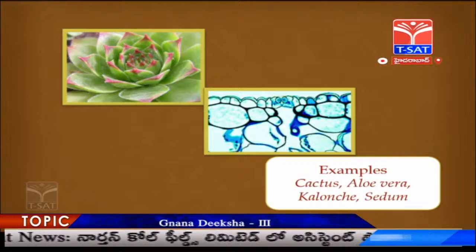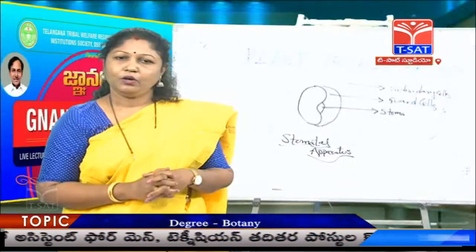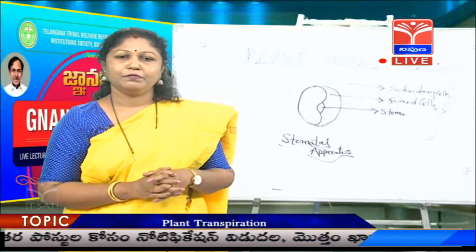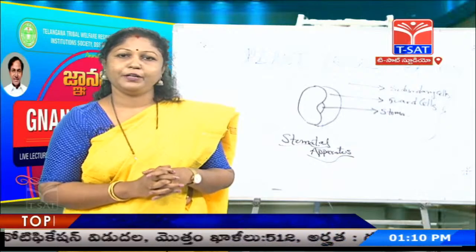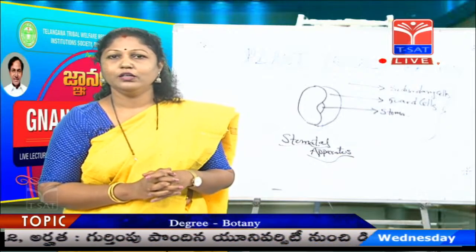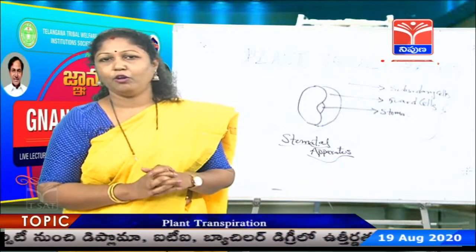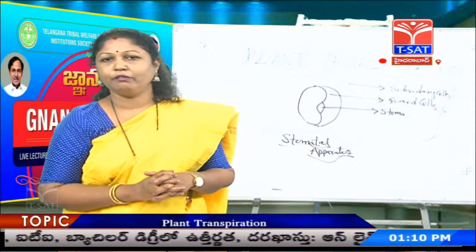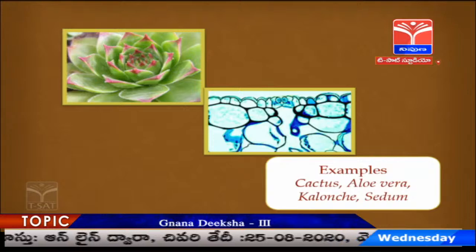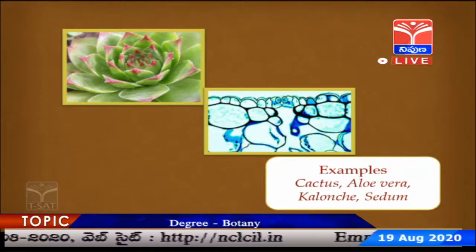Now, this is all about the mesophytes or the general plants. Now, what happens in one kind of xerophytic plants, the succulents? In succulents we find that stomata never open during the daytime. They open only in the night because at that time the carbon fixation occurs. So, they follow the CAM pathway, and we call them CAM plants also. Examples are water-storing xerophytes like cactus, aloe, kalanchoe, sedum, etcetera.